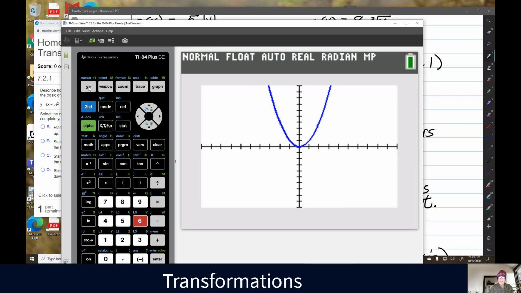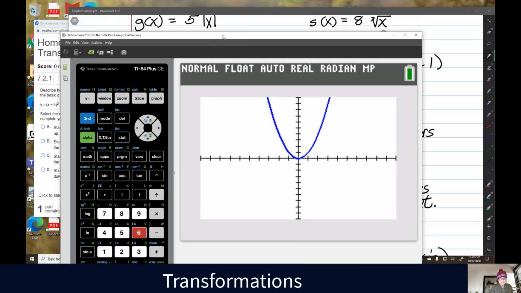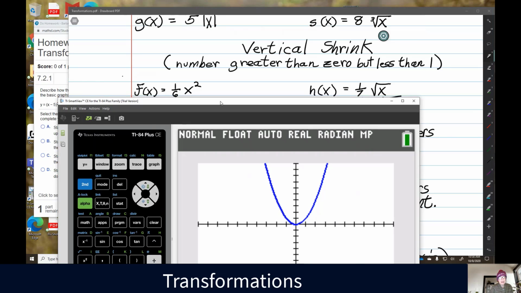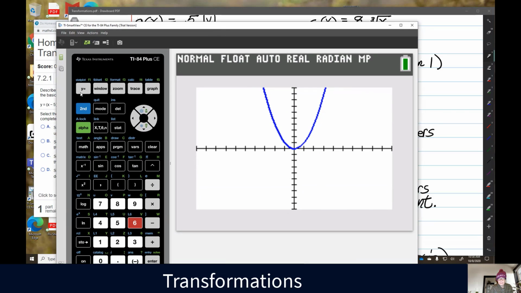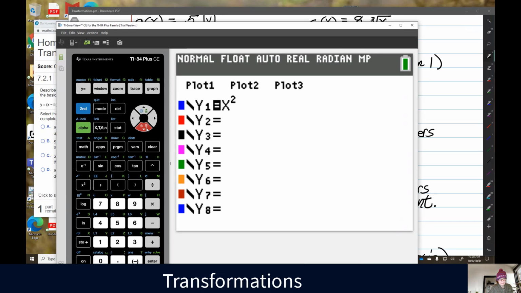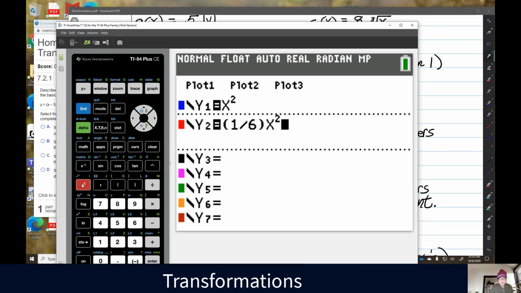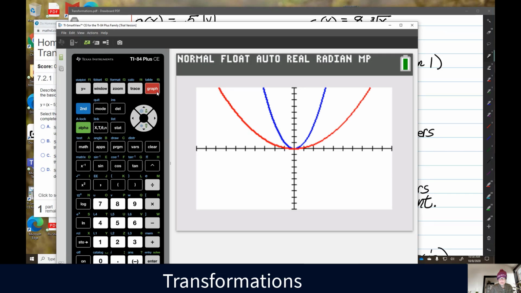Okay, well, we are about to change all that. We're going to multiply x squared by 1/6. That's going to be our vertical shrink. Okay, that's my shrink factor. There's the function. Now this is the home position, the home graph,